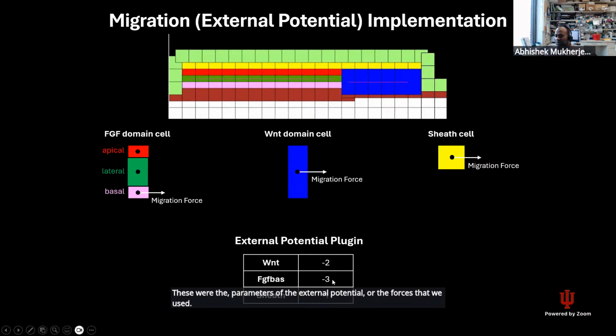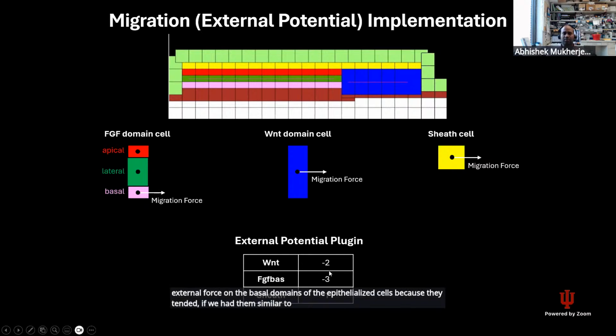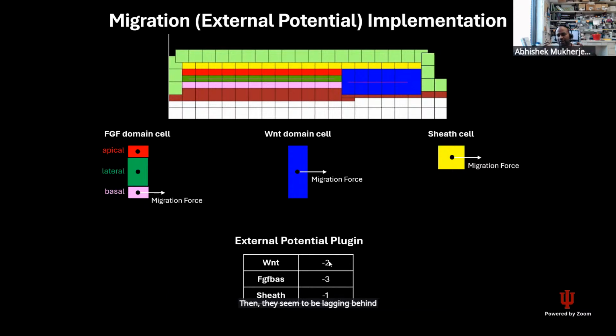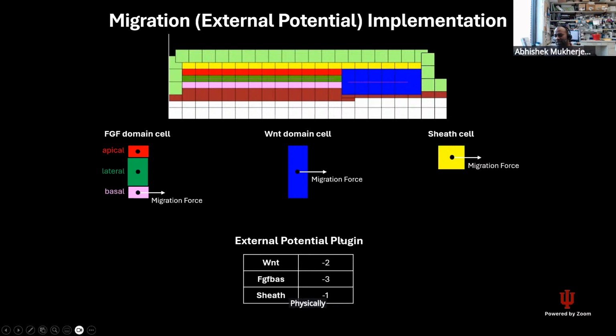We found that we had to impose a higher external force on the basal domains of the epithelialized cells, because if we had them similar to the Wnt domain cells, then they seemed to be lagging behind, and the primordium would really stretch out, and eventually they would break apart. And this is something that we are also interested in exploring a bit more, because physically